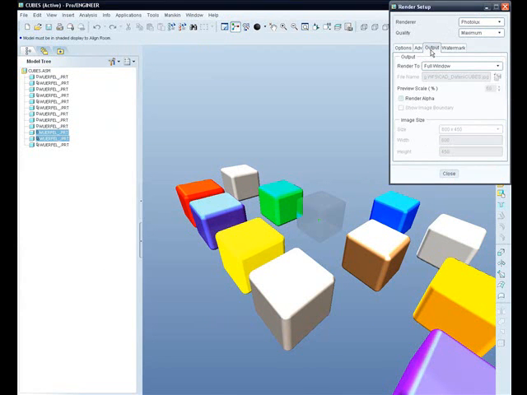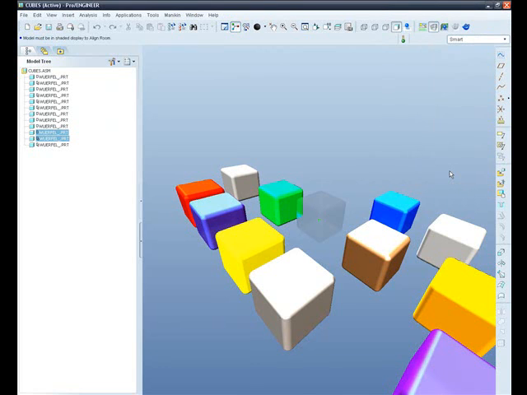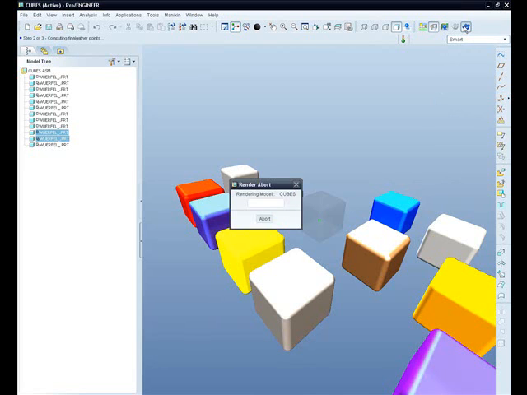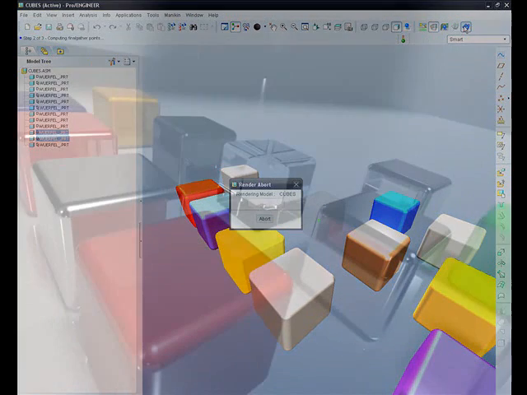Now all we need to do is select the output of the render. You can pick one of the many formats supported by Pro Engineer. We'll choose JPEG to obtain a render in a picture format. With a simple click on Render window, Pro Engineer renders the whole model and delivers a great realistic shot of